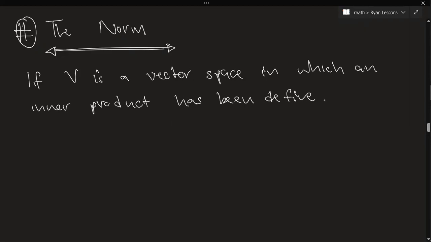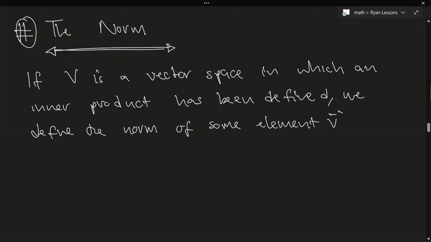So if V is a vector space in which an inner product has been defined, we define the norm of some element v in big V as the square root of the inner product of v with itself, which is equal to